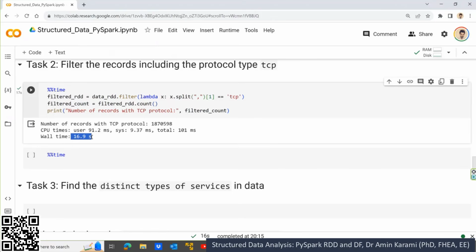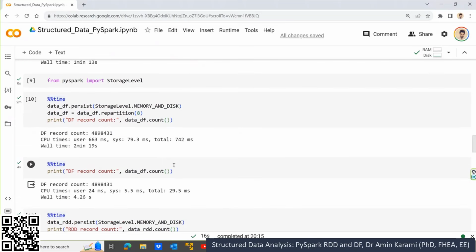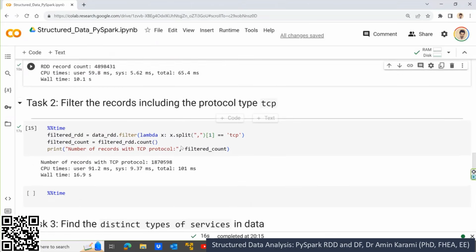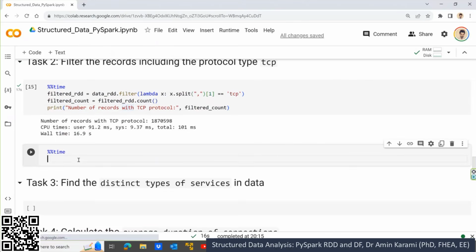So somehow the same, because we had caching, and because of this caching here, we took advantage of caching here. It means this is the best timing, based on the hardware available on this Google Colab. Let's go ahead with DataFrame. Let's see how we can do it with DataFrame. So I want to say that filtered